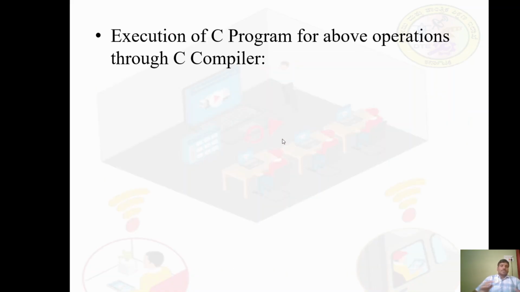Now let us see the program, execution of the C program for the above operation through the C compiler. We have already seen how to create the linked list, and we saw that program, where we created 5 nodes. Similarly, now again we will create the linked list. We will insert a new node at the beginning. Also we will perform the operation deletion of a node at the beginning, and we will search a given item and also traverse it. Okay students, so let me show you this program through the compiler. I will show you a real hands-on experience.